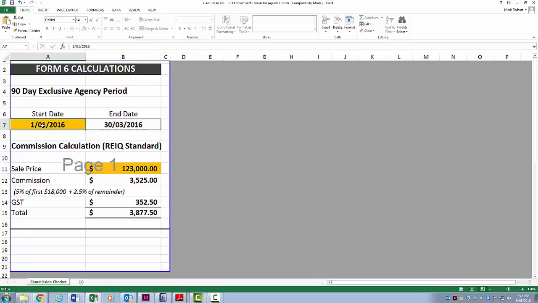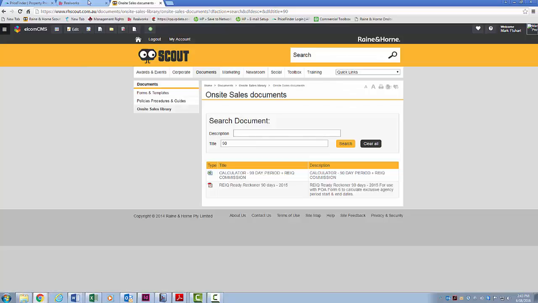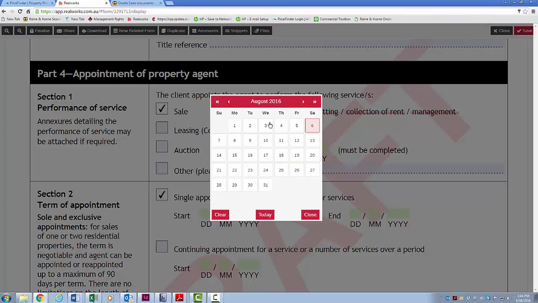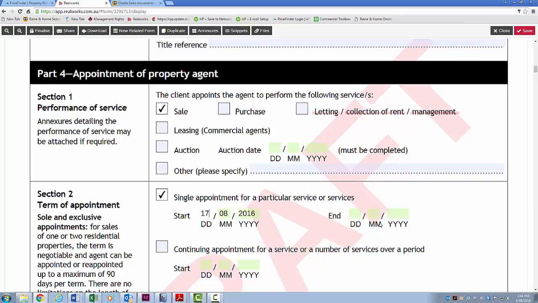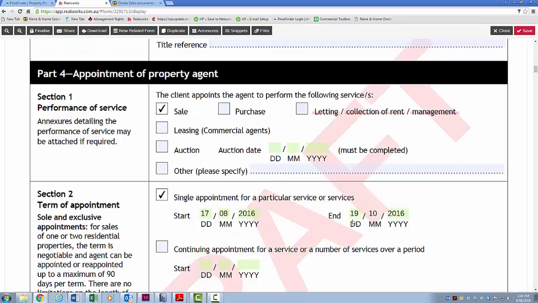In this case, this might be the 20th of August in 16. This will subsequently tell me the end date that I need to put on my form. Recording both dates, we come back to our RealWorks form and we pop the dates by using the date calendar box here. So that could be, say for instance, 17th, whatever our end date happened to be. So we've got the dates. Remember, 91 days will actually make the form invalid, so just ensure that you are less than the 90-day period